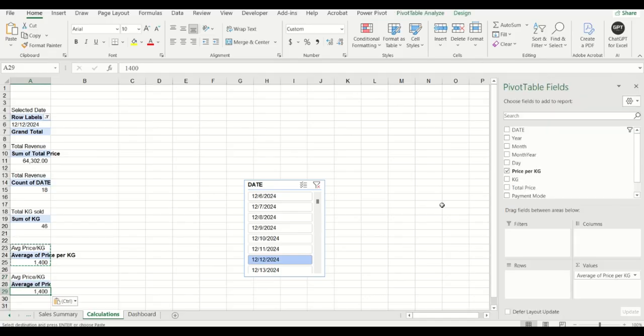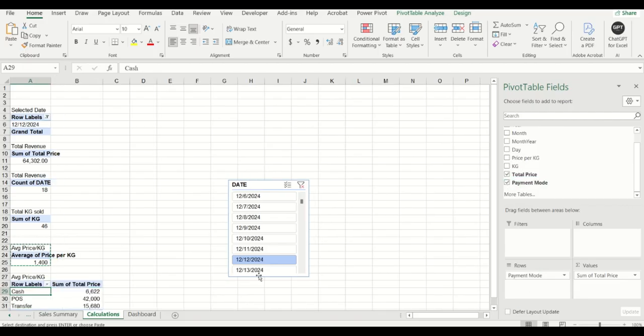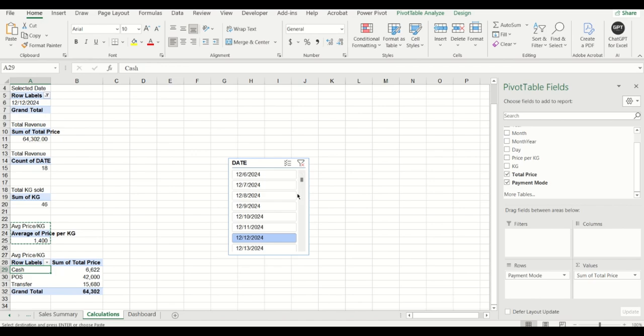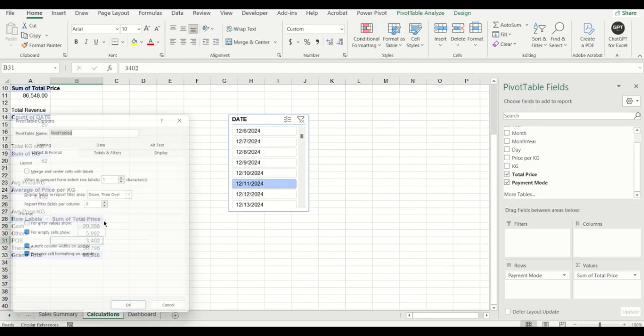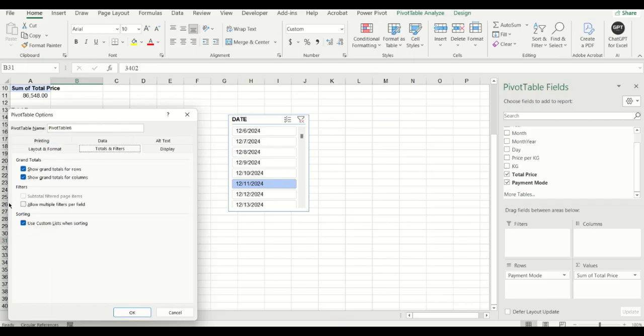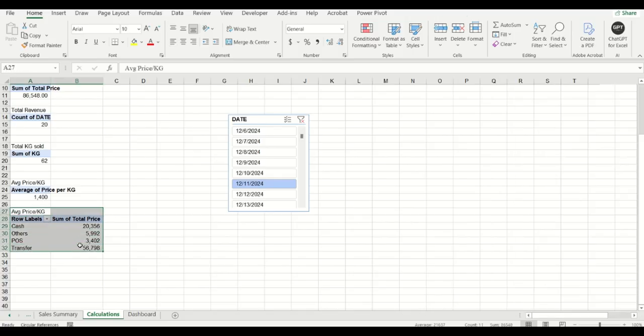I want to see the total revenue by payments method. Yeah, something like this. So each of the days to see. So I'm going to hide the grand total. So I right click under the pivot table options. Under total, I'll check these two. Okay, good. So the next thing I want to get is